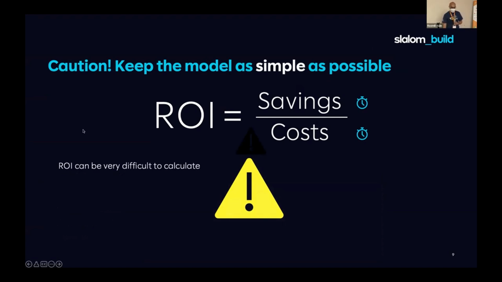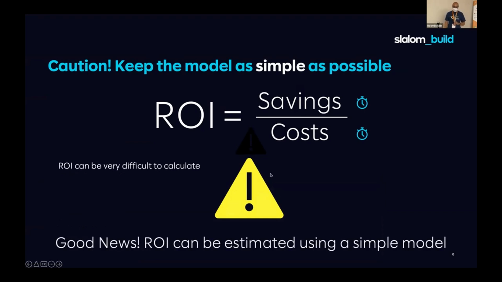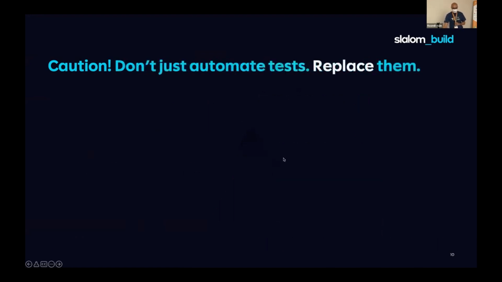But the good news is we can still estimate and communicate ROI by focusing on a minimum set of factors. So our goal will be to keep the model as simple and generic as possible so that it's easier to learn and widely applicable. So to estimate ROI, we'll estimate time saved by replacing manual tests with automated tests,